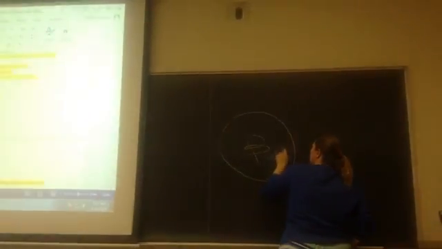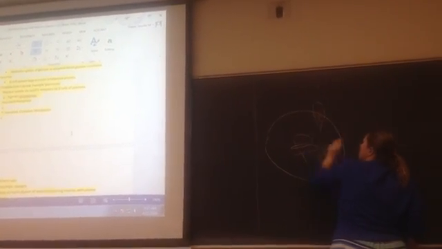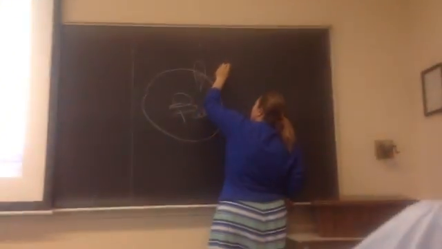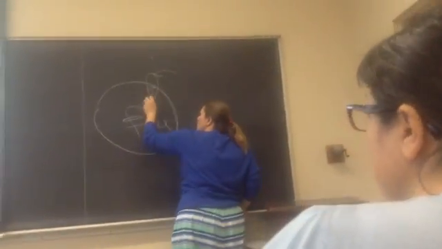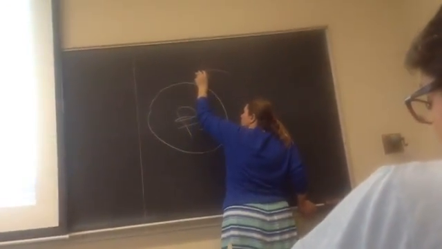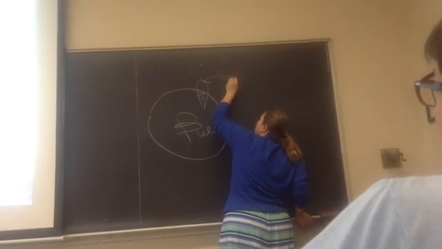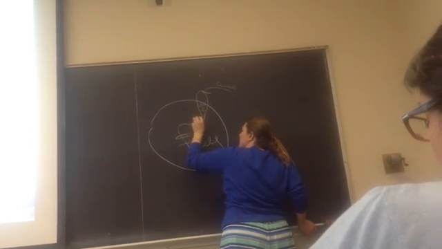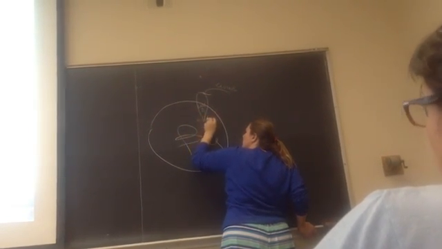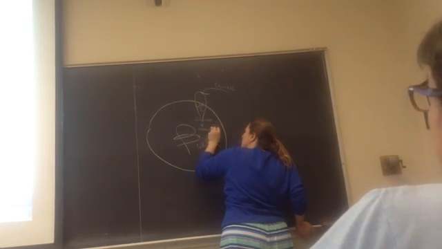Here's our beta cell. Here's our GLUT2. Here comes our glucose, all right? So in goes the glucose. Once it comes in, glucose gets converted to glucose 6-phosphate